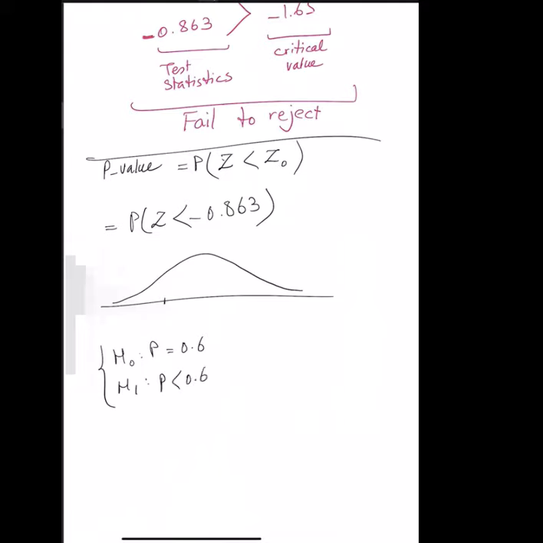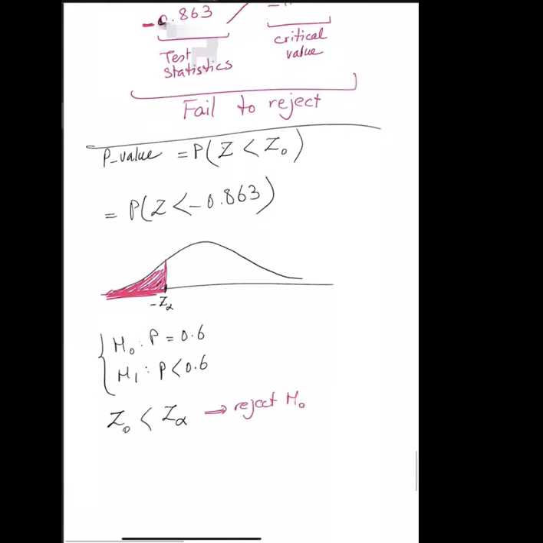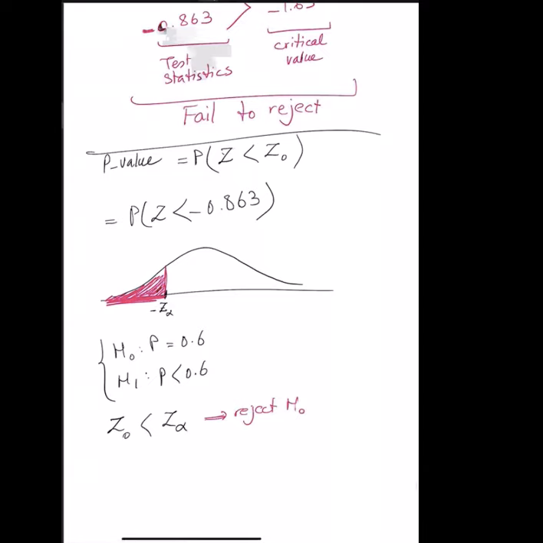So we found the minus z of alpha, and we said if the test statistics is less than z of alpha, which means the test statistics falls somewhere here, then we reject the null hypothesis. When we did our calculations, we realized that minus z of alpha is